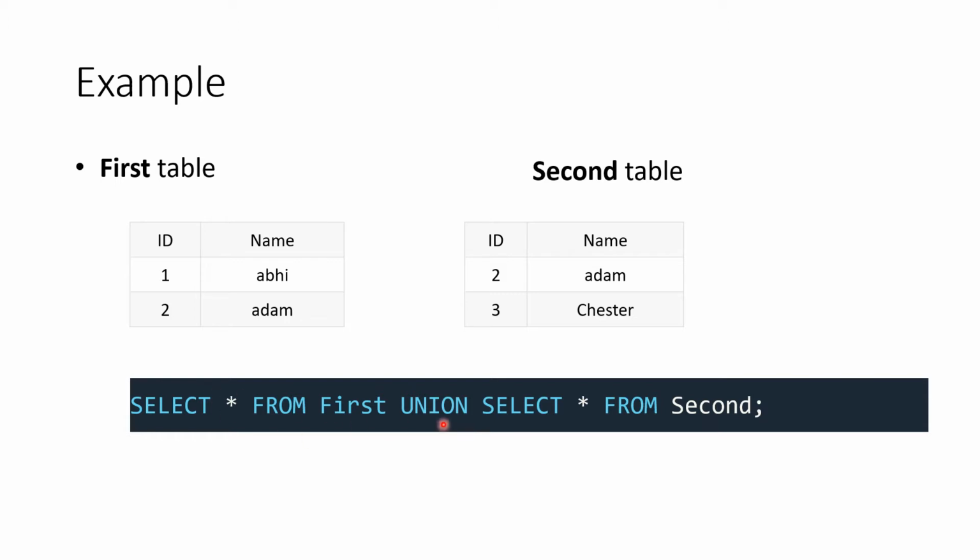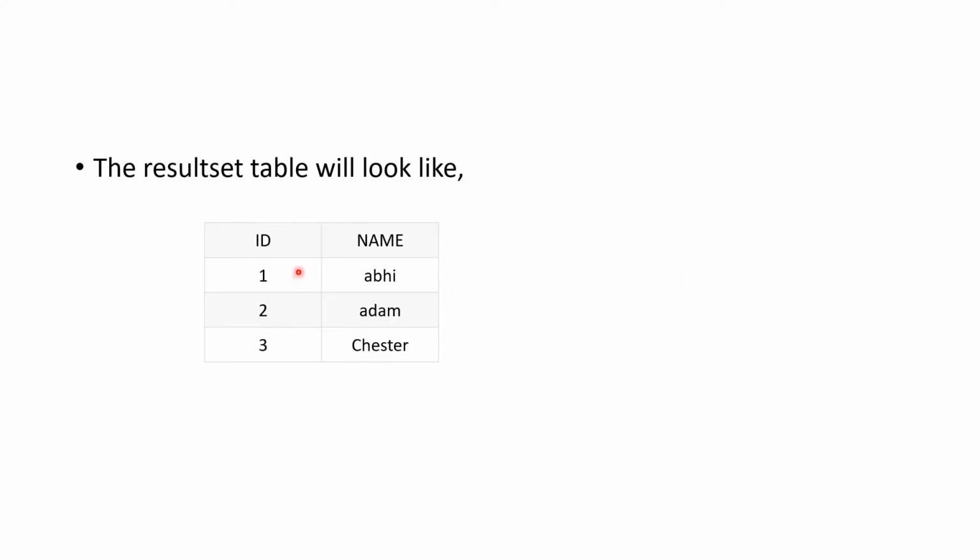So what will this query do? It will take all of the rows from the first table, then all of the rows from the second table. Asterisk means whole rows, the complete table. And this union stands for combining these two tables without any duplicate. So the result will be 1, 2 and 3. You can see that we had 1, 2 and 2, 3. So 2 is combined to make a single tuple or single row in this table, and now no row will be repeated in the result set. This is what happens in union.